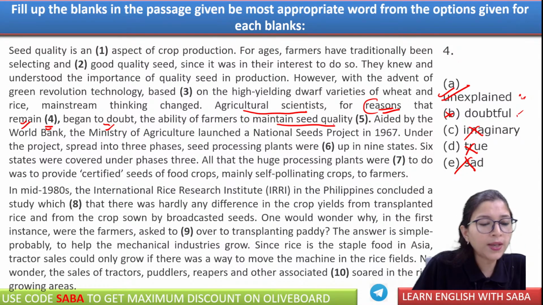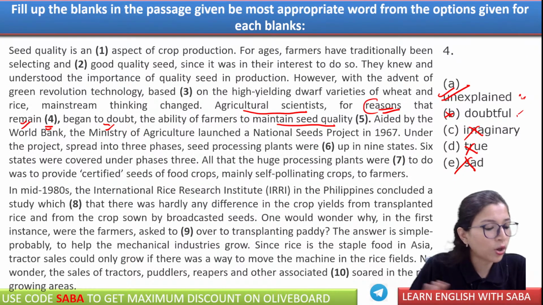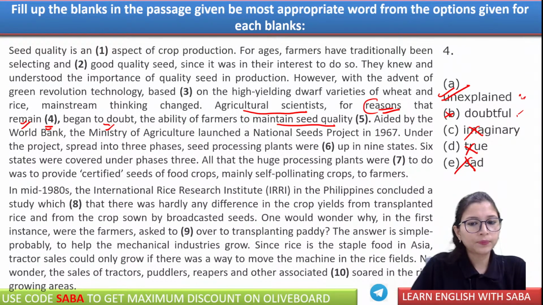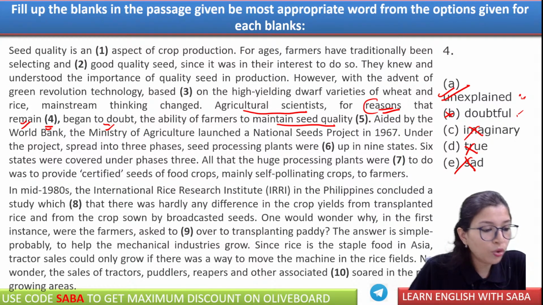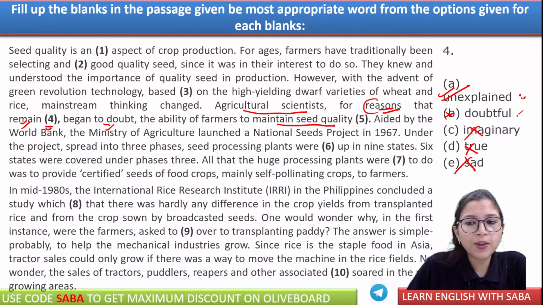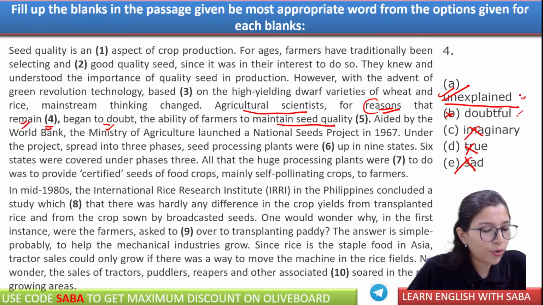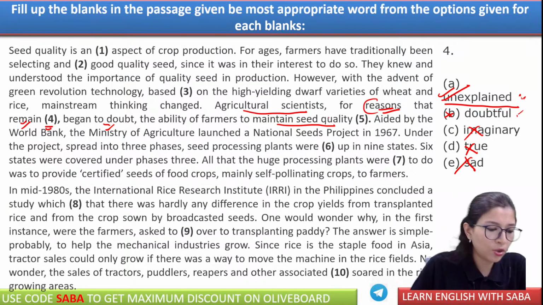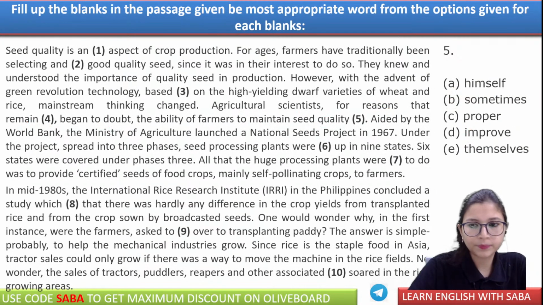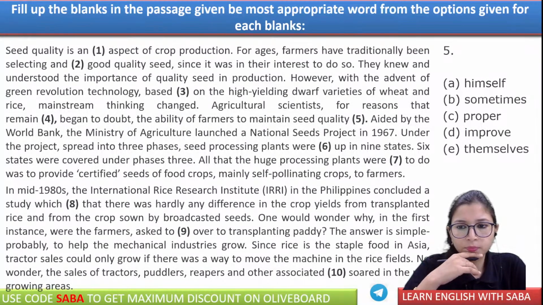to maintain seed quality. Remain doubtful, began to doubt is not making sense. Okay, clear everyone? So it won't be doubtful, the correct answer will be unexplained. That remain unexplained began to doubt the ability of farmers to maintain good seed quality. Okay, next question. Fifth,